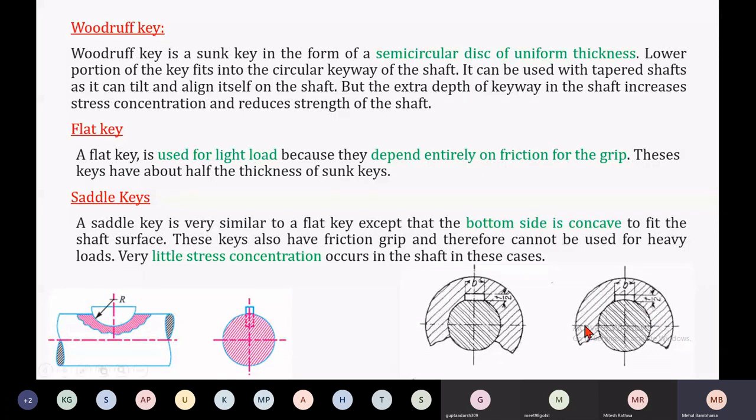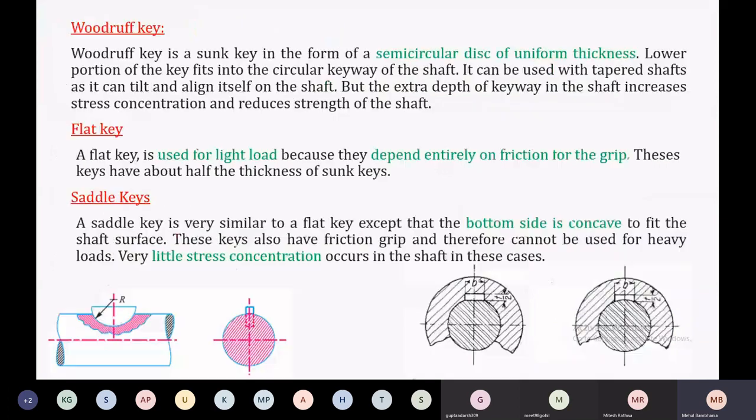So this is the saddle key, but I said that the drawback of the saddle key is that when you are working with a higher amount of load, it will slip out and transmission loss will happen. But the benefit is this: because there is only friction between these surfaces, it will reduce the stress concentration compared to the sunk key, which we can understand at a later stage, when we see how the stress is experienced by the sunk key. Compared to the sunk key, this key will have less stress and strain concentration, which gives structural advantages, right? So this is the saddle key.